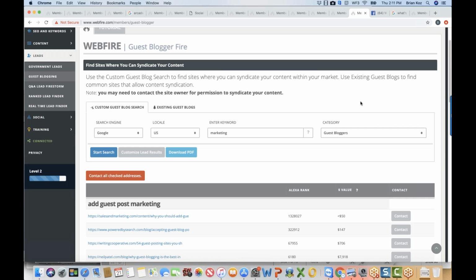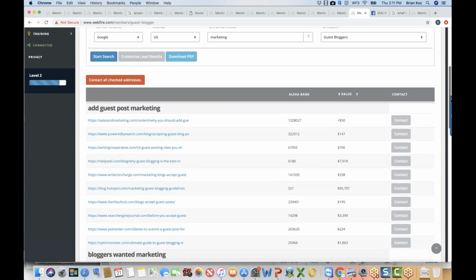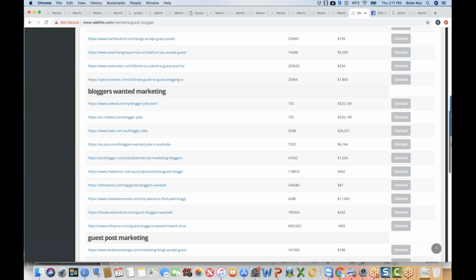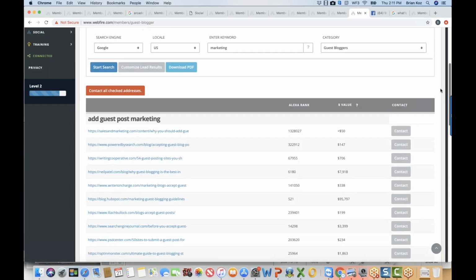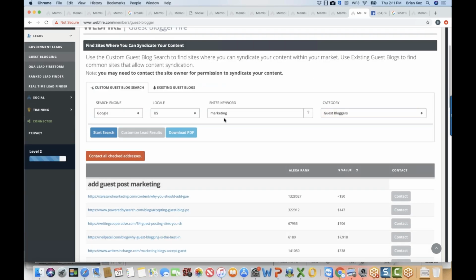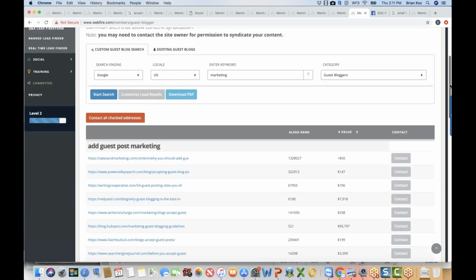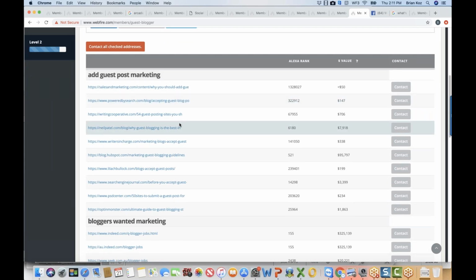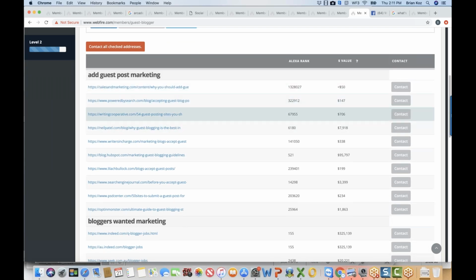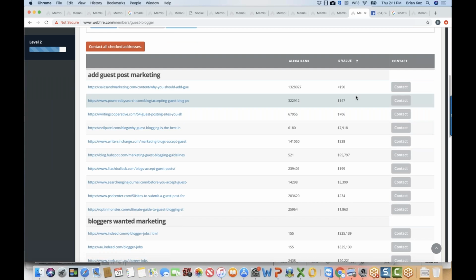You can also, if you want to do guest blog posts, let's say you want to have your stuff featured on guest blog posts. Let's say you're a marketer and you want to be an expert and you want your own articles featured on other sites. You can search right here, and it will show all these sites that allow you to do a guest blog post with the topic that you have for this keyword. You can click right here and go straight to where you can submit it, or you can also contact them right here, but this is straight to the submission site.